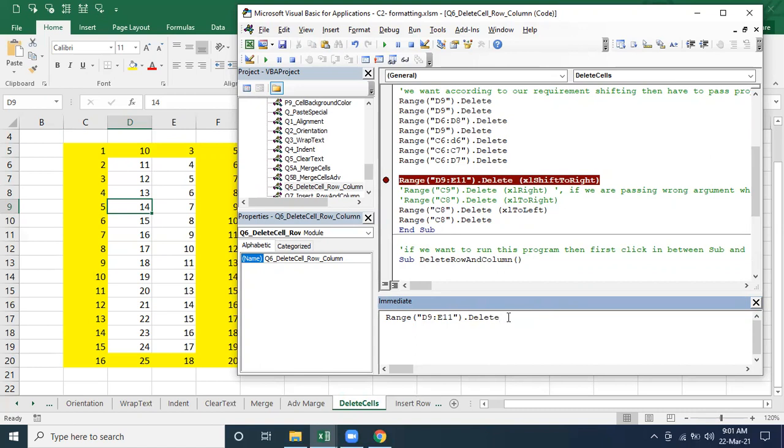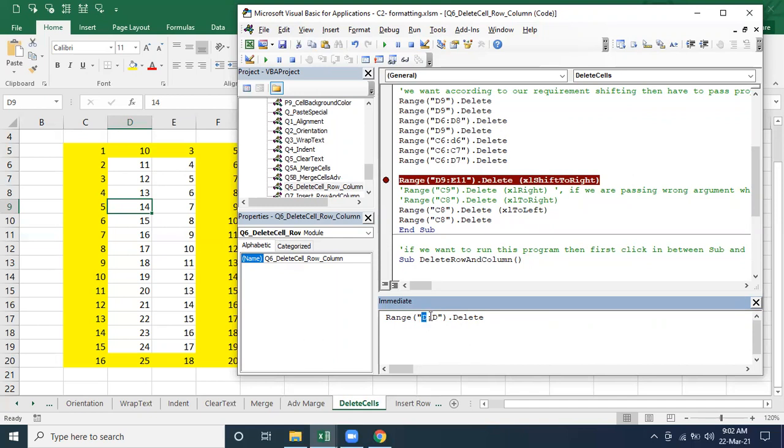I know it's going to delete, but I'm saying if we want to delete the entire column. Let's say I want to delete the entire D column. How can we do it? If we want to delete the column, then the values on the right are going to merge back. Already I covered that. So if you want to define the entire column, this is the way: D colon D.